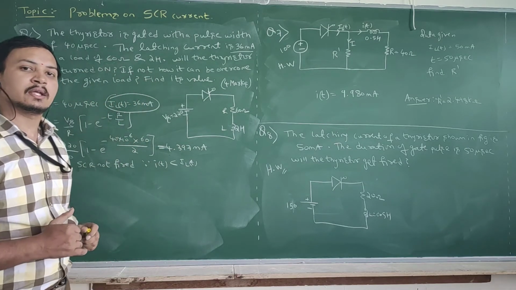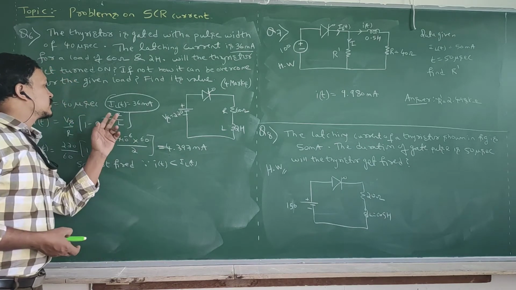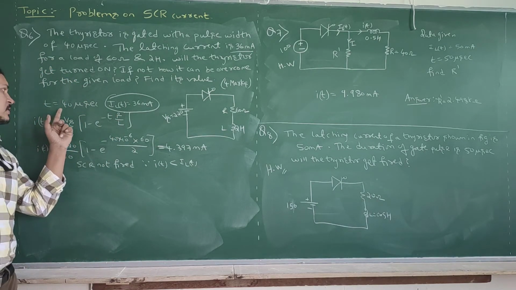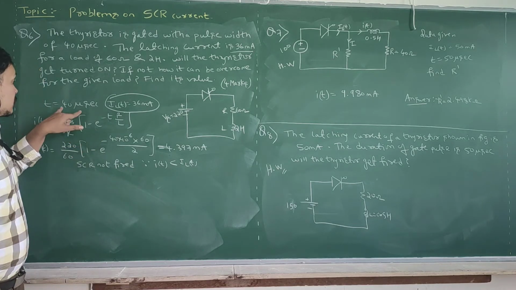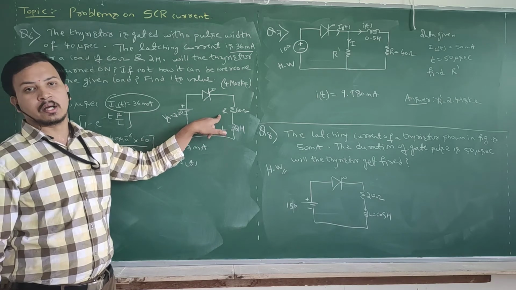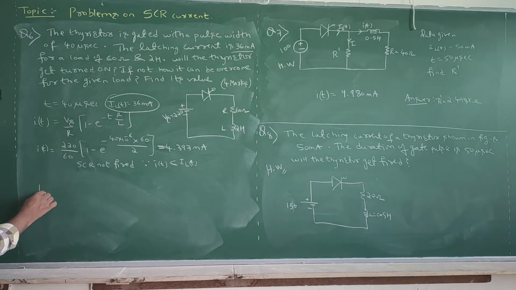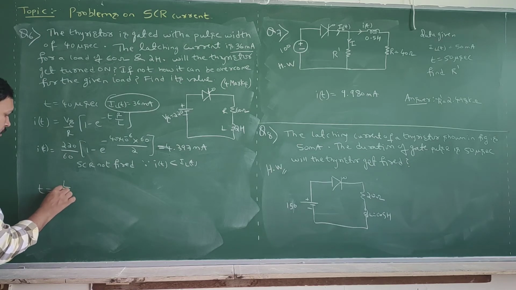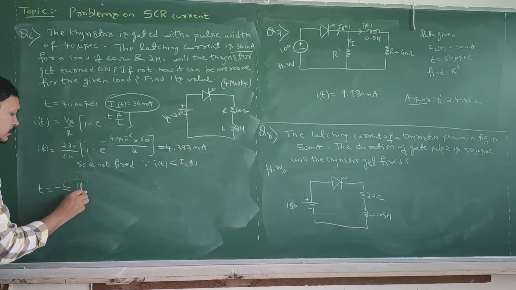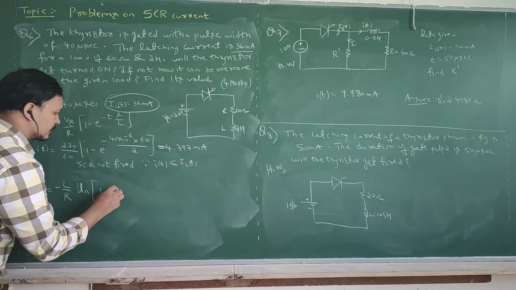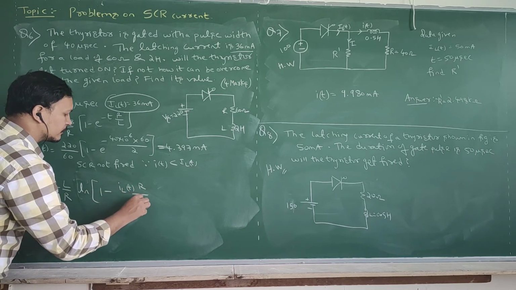Now, then how to turn on the SCR? So turn on condition is possible by changing the pulse width duration. Okay, if 40 microsecond is given, now you change to some other time. So for what time can your thyristor be turned on? That timing can be calculated. So we have the formula t is equal to minus L by R, within the bracket, ln within the bracket 1 minus I_L of t into R by Vs.